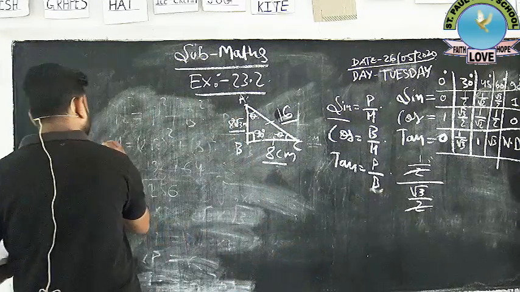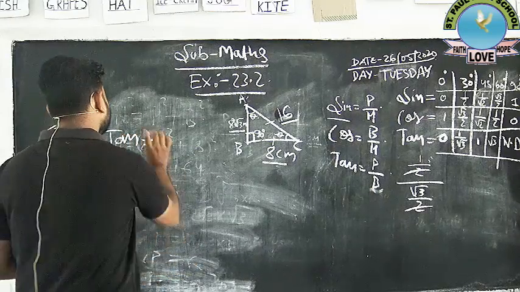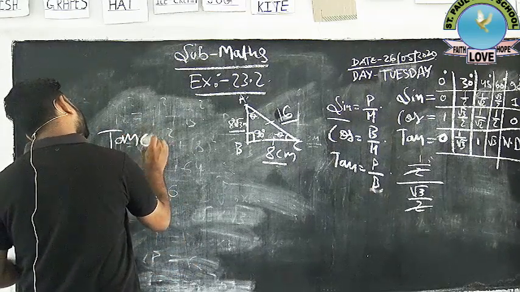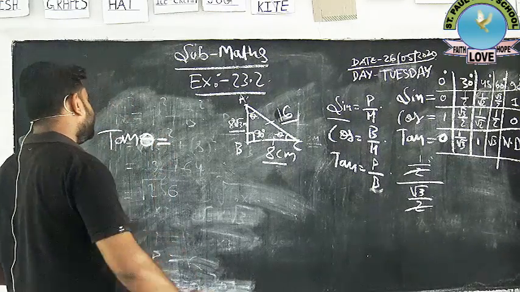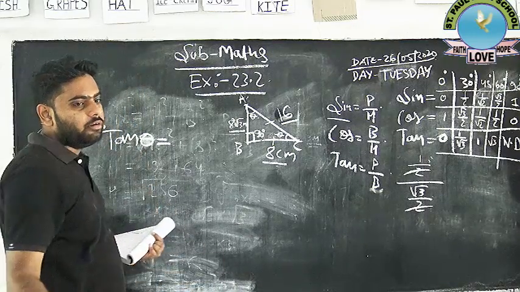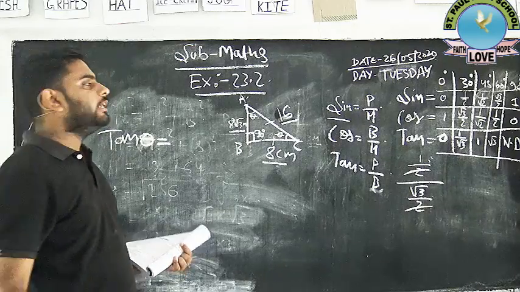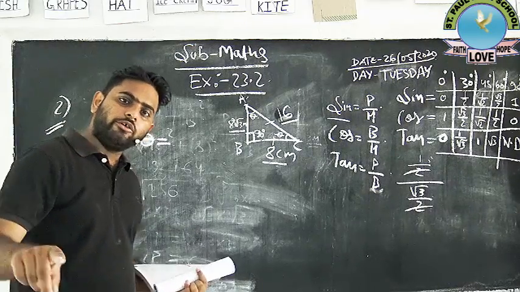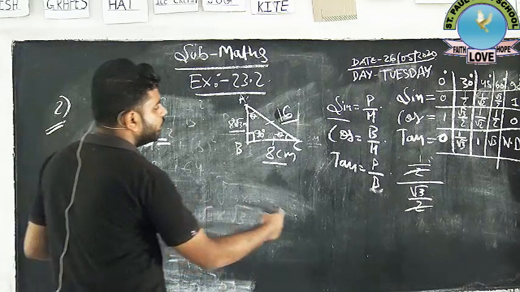Okay. You can use sine also. The answer will come from sine also. You can get the answer from cos also. I'm using tan theta for my convenience. I don't know the theta. This theta I have to calculate, because in the question we have to calculate this theta. This theta can be calculated from sine also, from cos also. But what you have to take care, tan is basically what?